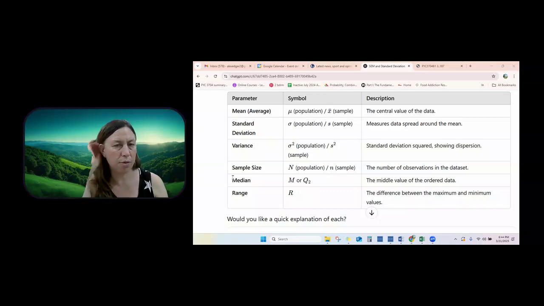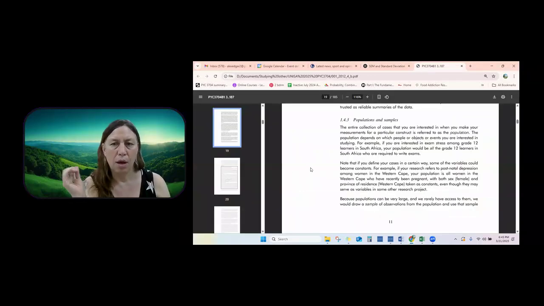Sample size: capital N for the population, small n for the sample. Capital letter for population, small letter for sample. Median: capital M or Q2. Range: R, being the difference between the maximum and the minimum. Okay, so then